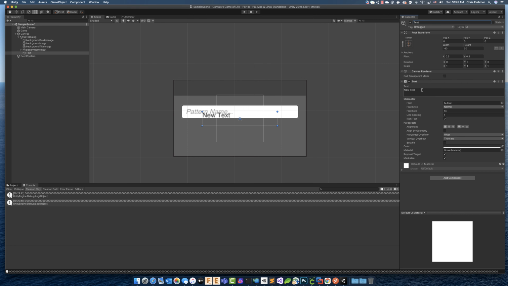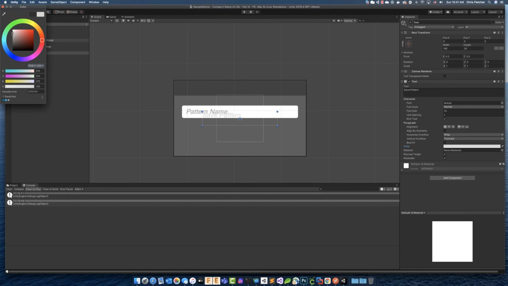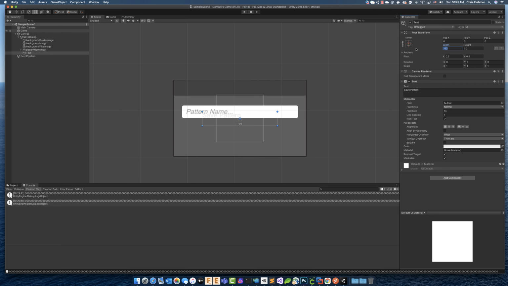We can't do that. That actually has to be done here. Save pattern. And the color for that, we're going to make that slightly lighter. Probably about here. And the width for that is going to be 230 and 23 for the height. And then we're going to change the Y position to be 63 and the X position to be negative 38